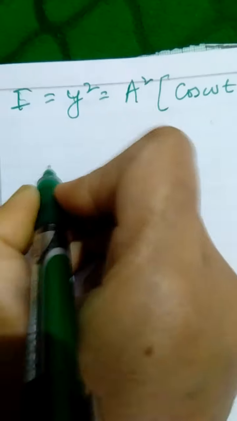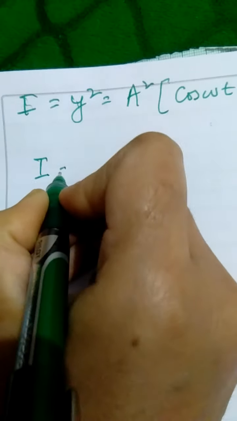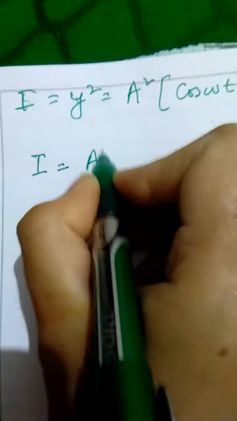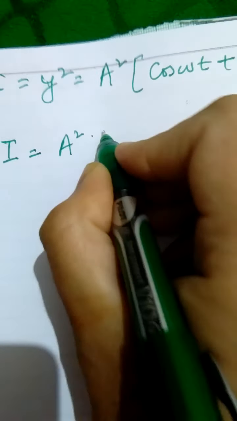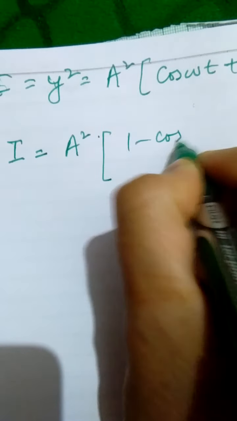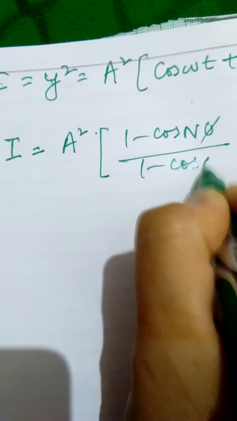You will be left with cos omega t plus cos (omega t plus phi) plus so on up to n number of terms, square, right? And if you solve it using the existing trigonometric formulas, you get this is equal to (1 minus cos n phi) by (1 minus cos phi),